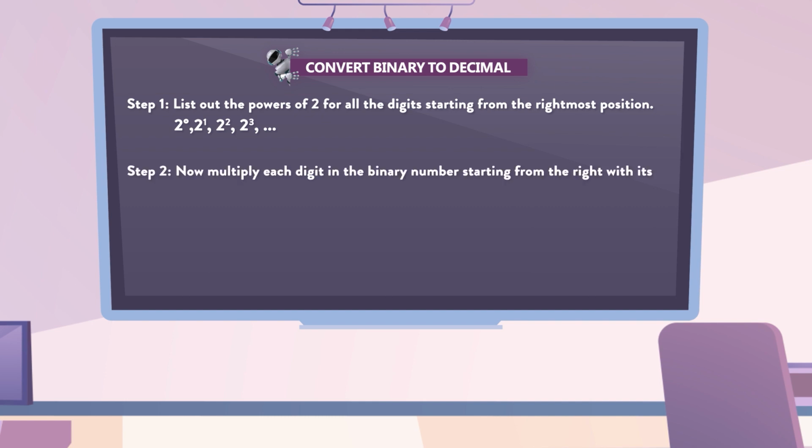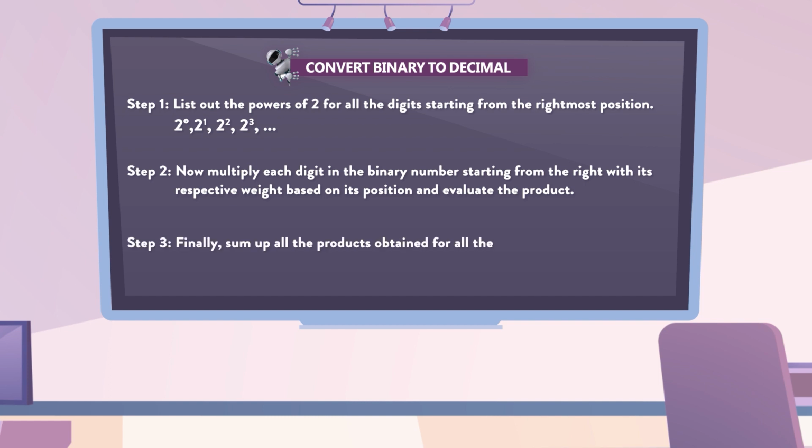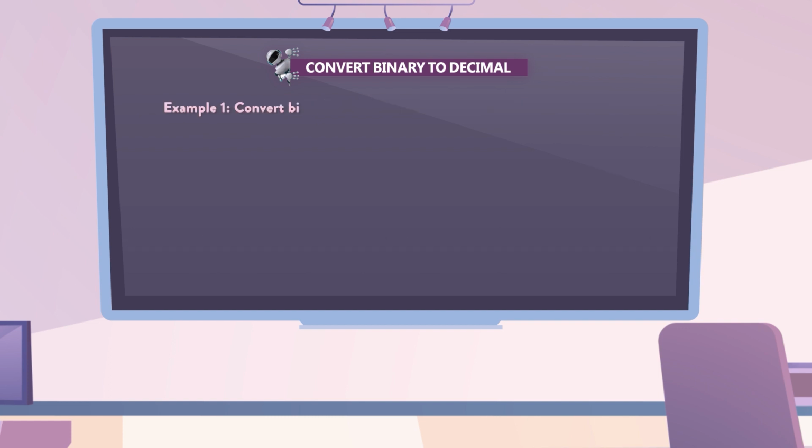Step 2 is to multiply each digit in the binary number starting from the right with its respective weight based on its position and evaluate the product. Step 3: finally, sum up all the products obtained for all the digits in the binary number and express the result as a decimal number. Let's see an example where we will convert binary number